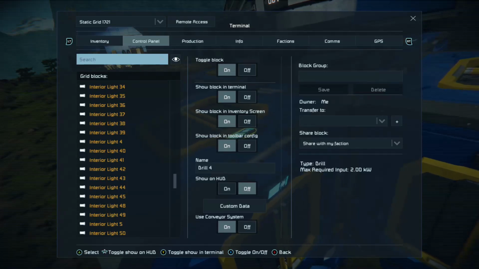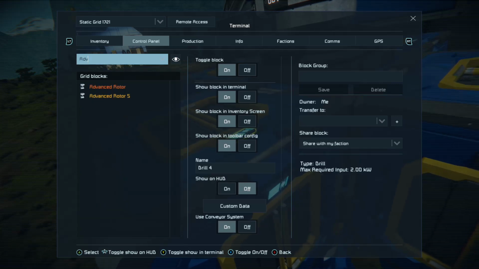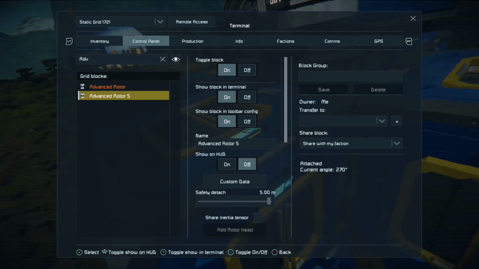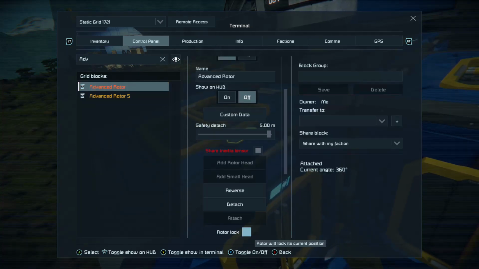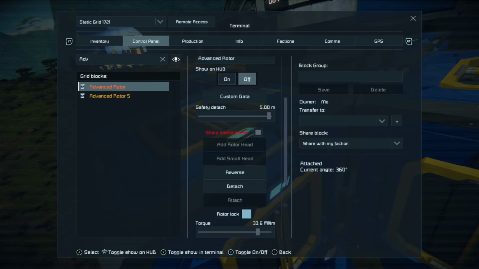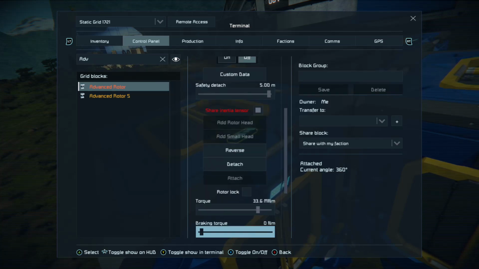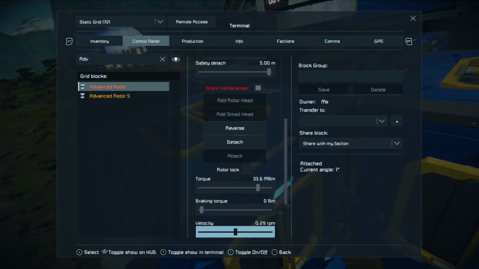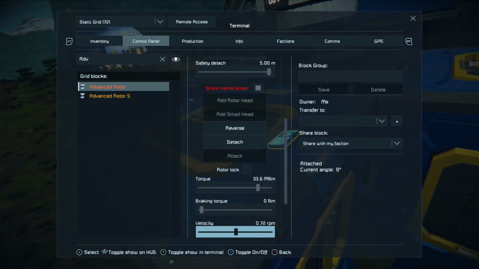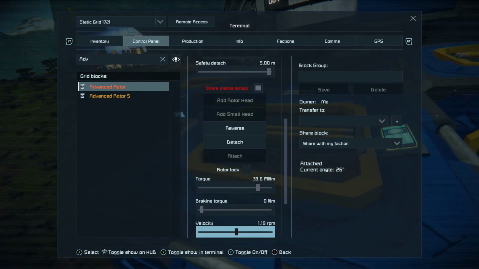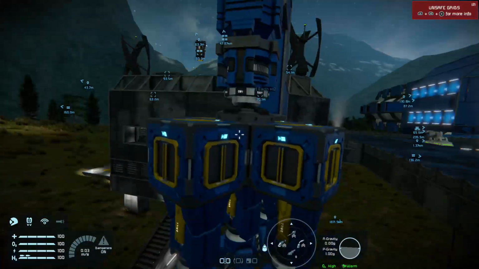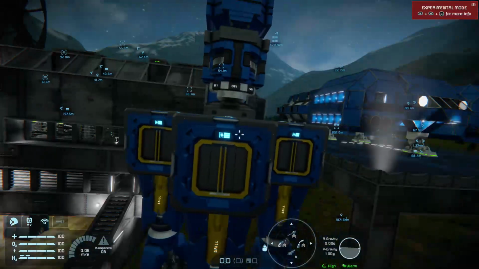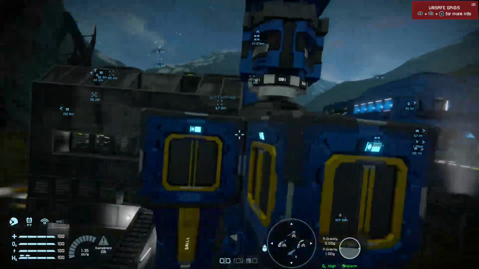And if Space Engineers is behaving itself, you'll see as I turn the rotor on, something has happened. Even with just the rotor, shear inertia tensor has prevented that awful wobble.